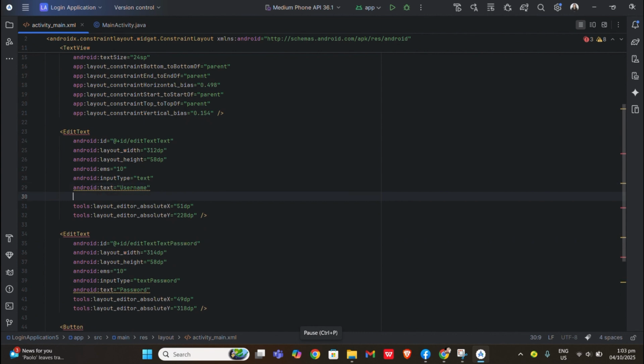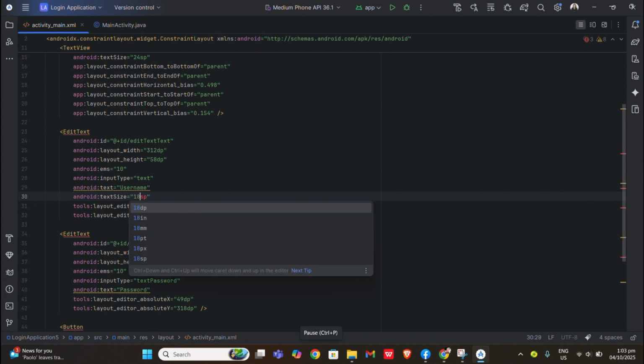So add it in the username text so we can adjust the text size.